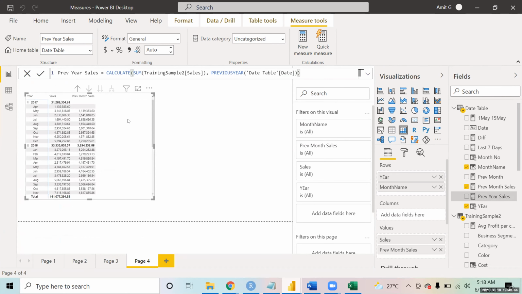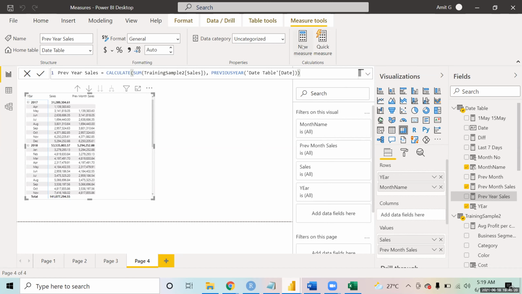Now, similarly, we have one function. If you see over here, we have calculated the previous month sales in this. You also have a function called same period last year, which is also one of the functions that you can use. That means you want to compare current month sales with the previous year's sales. Basically, if I'm in the month of June right now, what was the sales in June 2021 versus June 2020? That is called same period last year. So let's all please try this formula now.